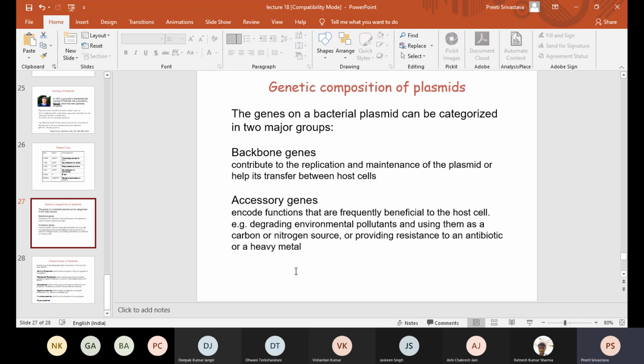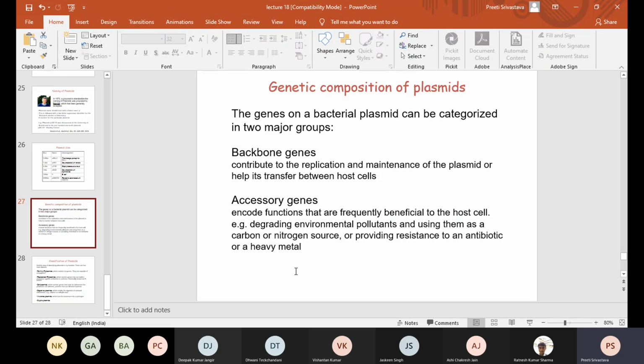In such cases, there are genes for antibiotic resistance, genes for heavy metal resistance,